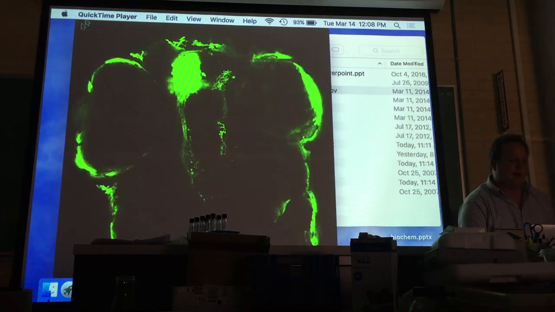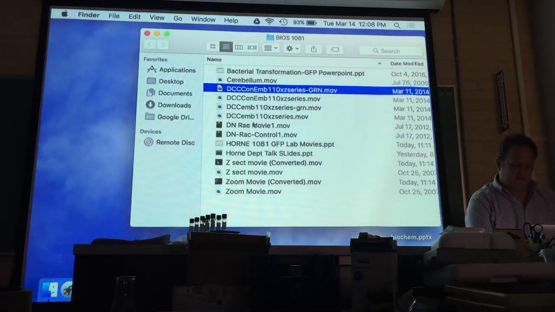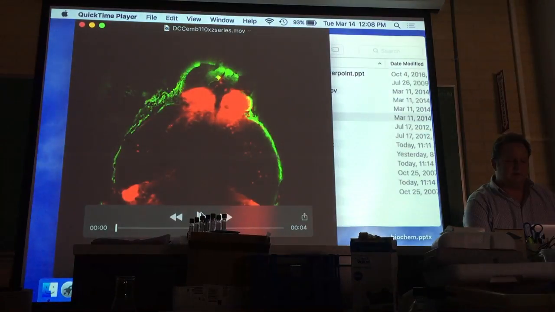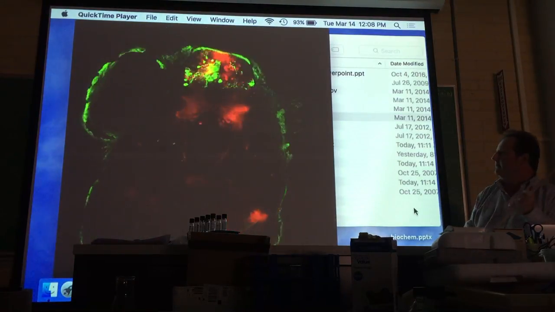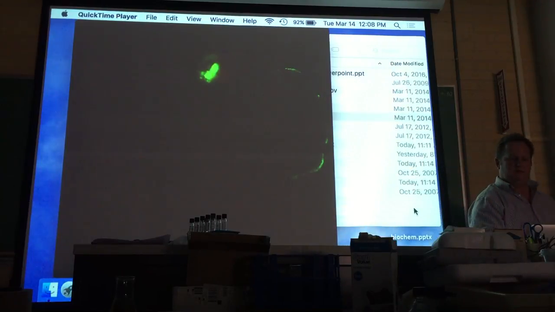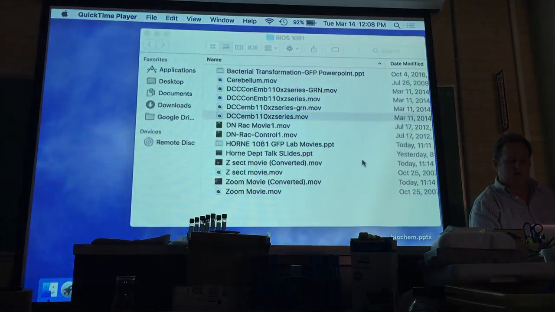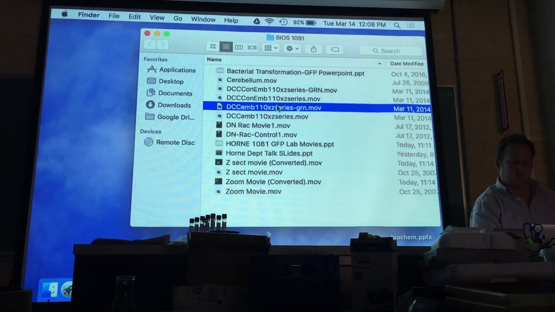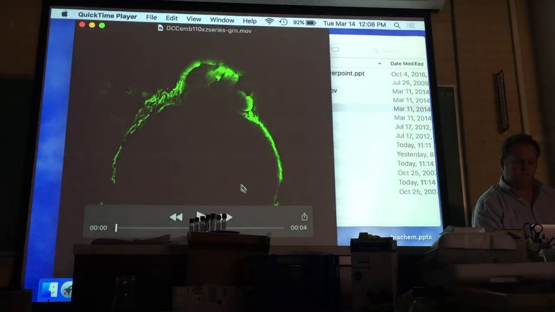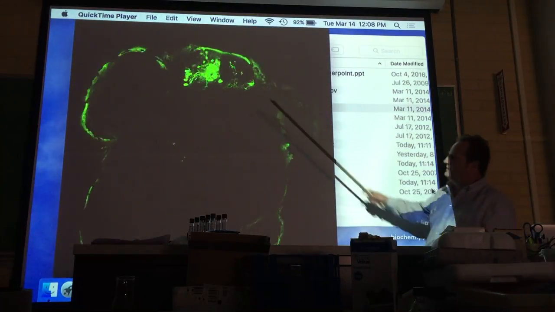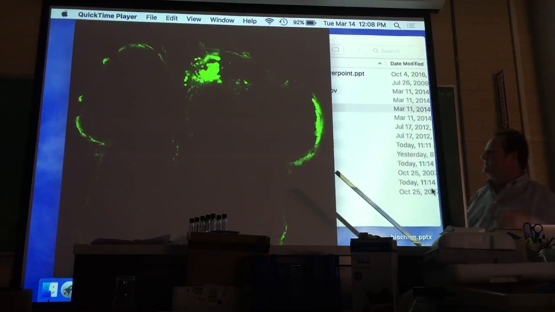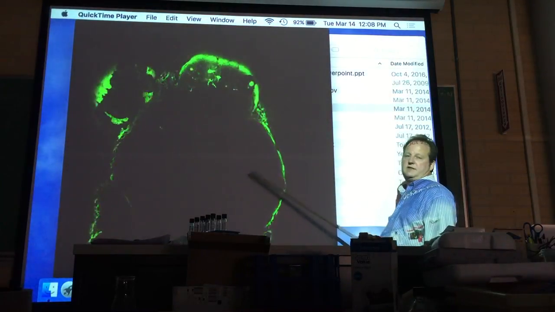Now, what happens if we lose the function of this gene? Again, first the overall video that shows you where everything is. You can see there's axons coming down, but you don't really see those crossing over. And if we just look at the green, just look at the axons themselves, and I'll loop this again, you can see that we do see the axons coming down. They grow out the length. So we haven't stopped the growth of axons,